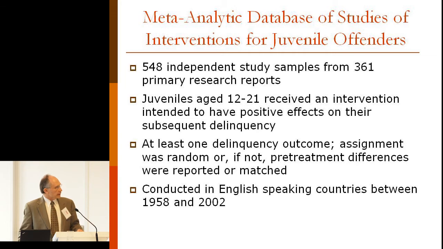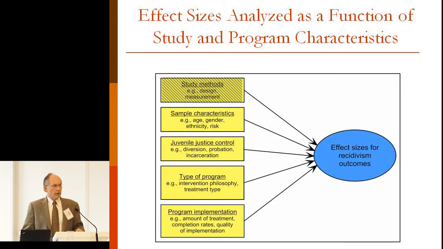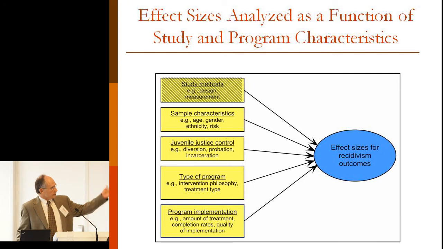We've done extensive analysis on the database here and much coding. There are more than 500 studies in this database. Let me give you a quick overview then of where we go trying to sort out what we can learn in these generic categories. We do, again, multiple regression type analysis in which we're looking at the effects on outcomes